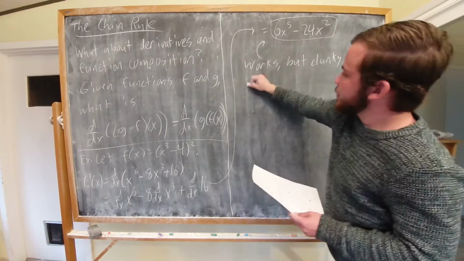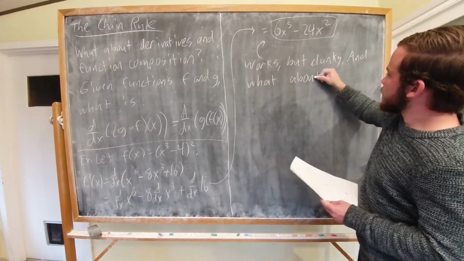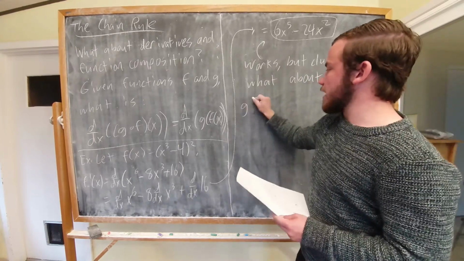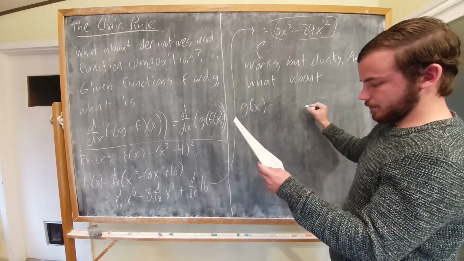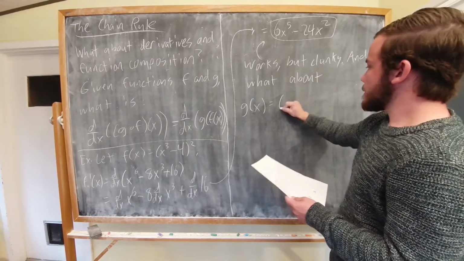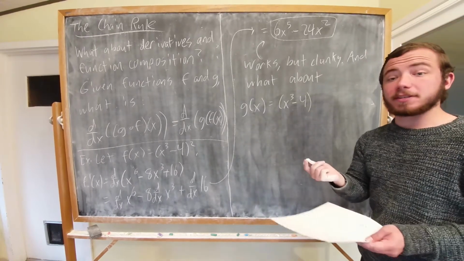And what about maybe something like g of x equal to x cubed minus 4, even for consistency,